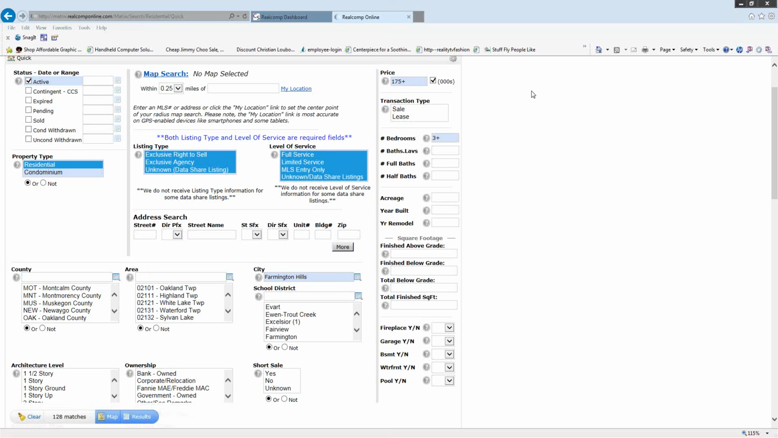If I just fill in 3, I'm only going to get 3, no more, no less. So don't forget your plus sign. I'm also going to come down and put in how many bath and lavs I'd like. I need at least 2.5. So I'm going to put